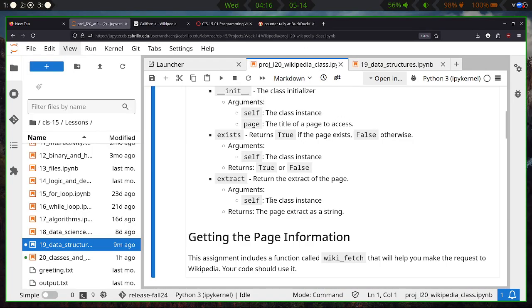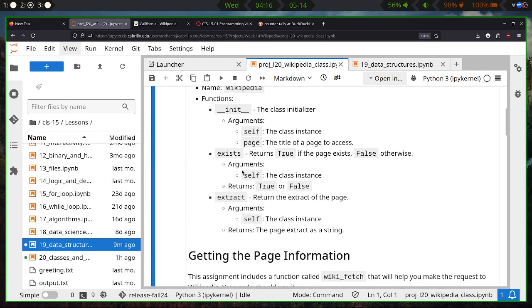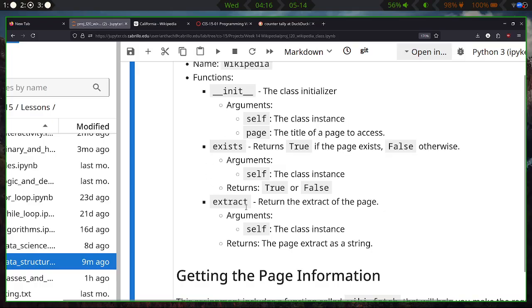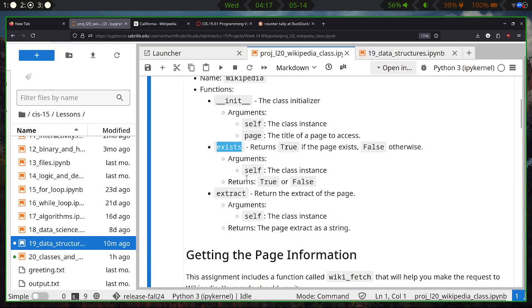But back to the project. Let me just attempt to call one of these functions real quick, like exists. I guess we could do exists first. This is probably one of the easier ones. Let's say we were to call this function, which tells us whether or not it exists. It returns a